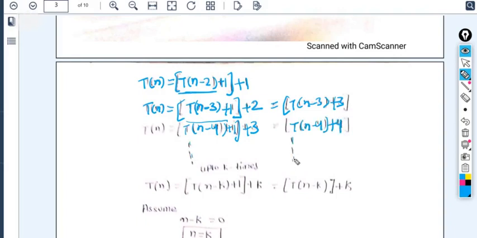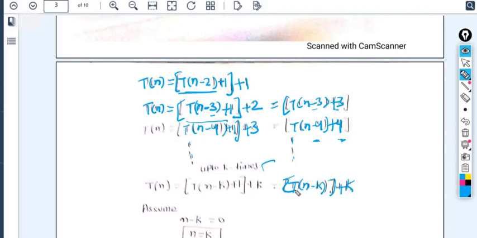If you continue up to k times, at the place of value here, if we write 3, then at last we get 3 as the result. If we write 4, we get 4. If you run for k times, you will get k. So you can rewrite it as T(n-k) + k. This will be the generalized form.